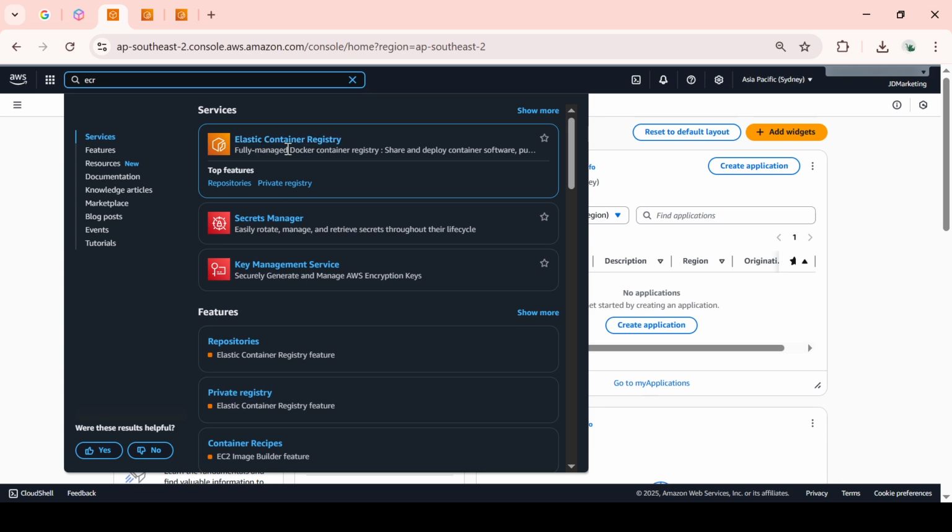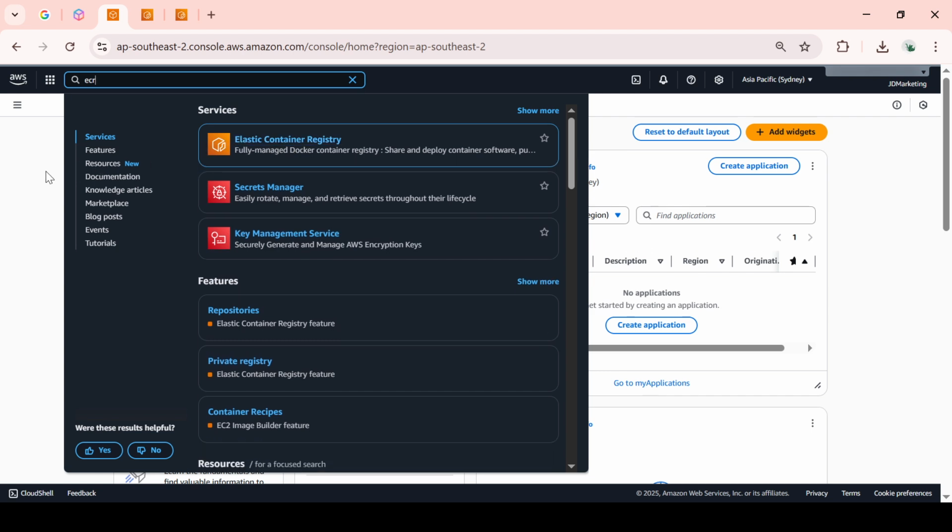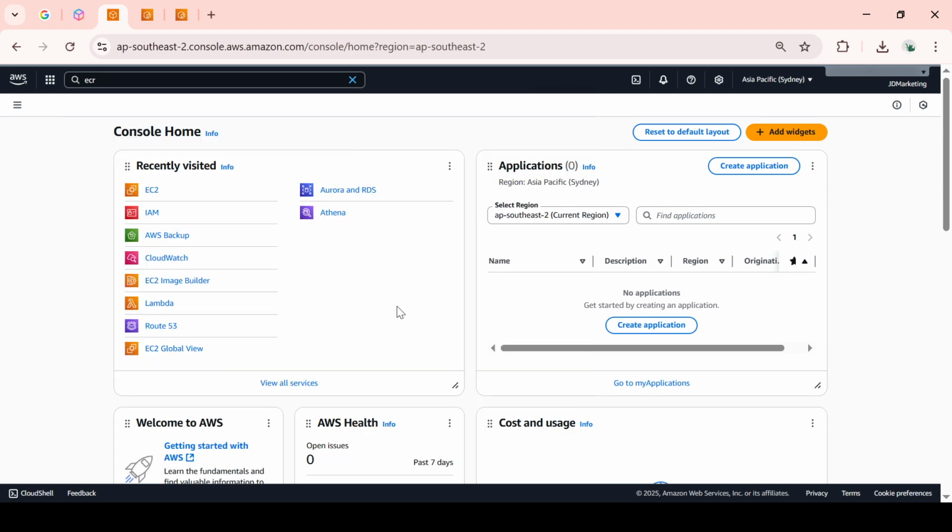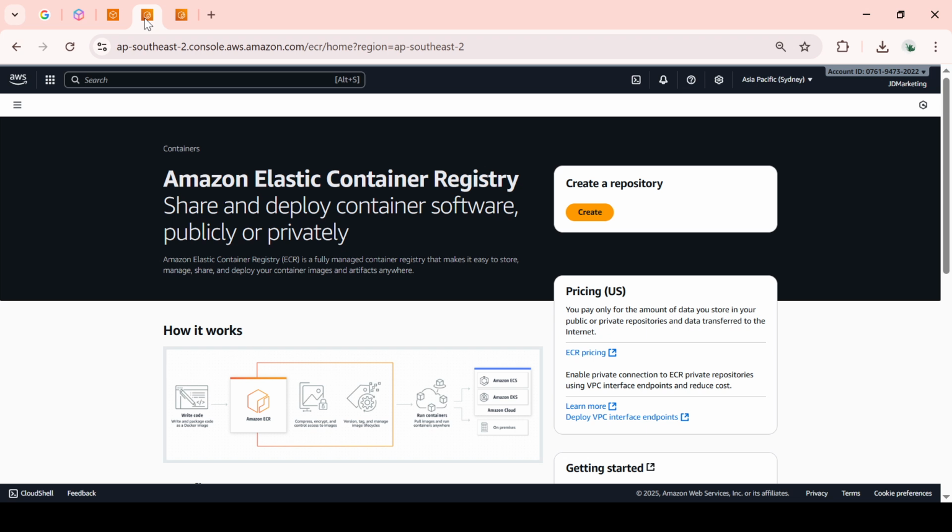The next step is to navigate to the Amazon ECR service within the console. You can do this by using the search bar at the top of the page. Just type in ECR and select the service from the drop-down list. Now, this is an essential step, as it will take you to the dedicated interface for managing container registries within